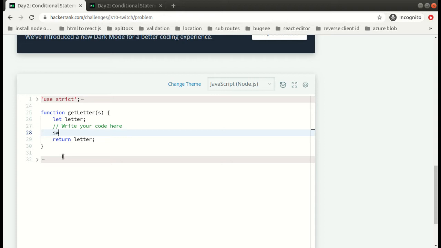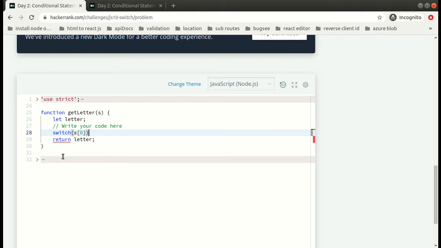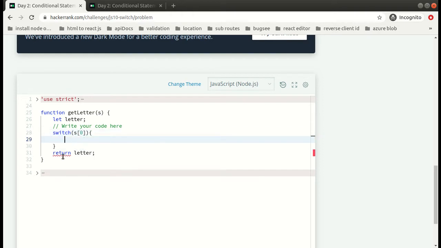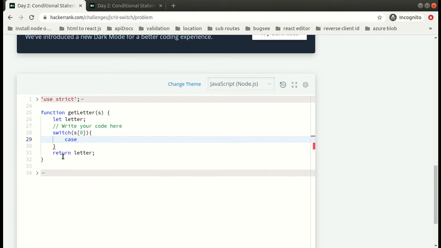Now let's start. First we have this switch, and for the expression we have s at 0. Over here we have case, and we have to check if this expression matches the case.